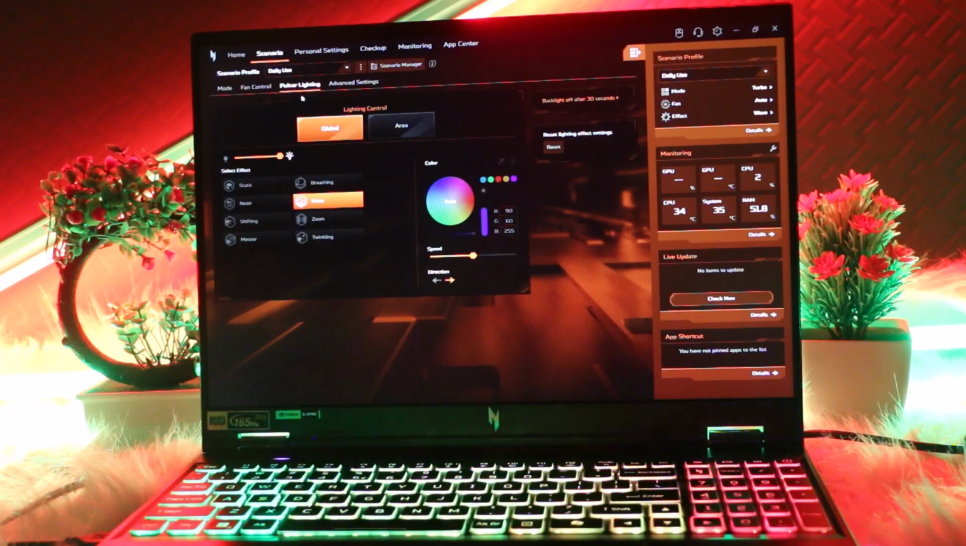Now if you don't see the keyboard color option, your model may not have RGB lighting. Some Nitro 16 models only have red backlighting. Ensure NitroSense is updated from the Acer support website. If it only has red lighting, you cannot change the color, but you can adjust brightness using Function plus F9